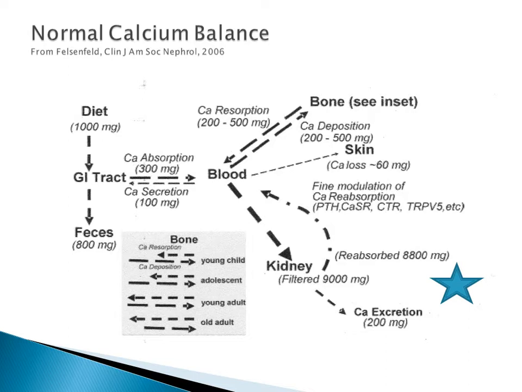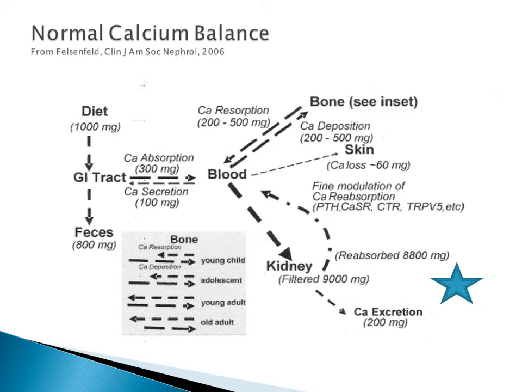And if you follow the arrows up to the top there, you see that there is a balance between bone and blood, that the bone supplies 200 to 500 milligrams of calcium per day, and the kidney down below,